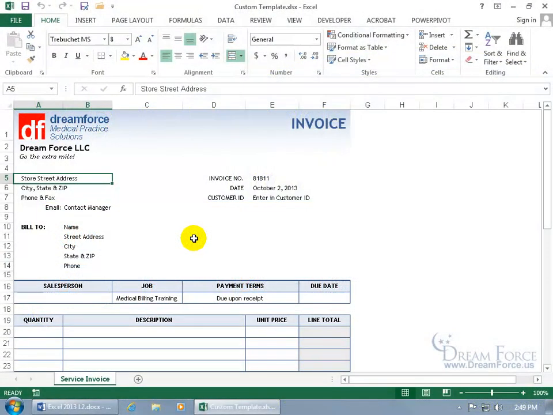You can create a custom template based upon a currently used workbook. And in this example, I've got an invoice. And why would I want to go ahead and create a custom template based upon it? Well, see if this makes sense. When I enter in the information of who we're billing it to and all the products they ordered down below,